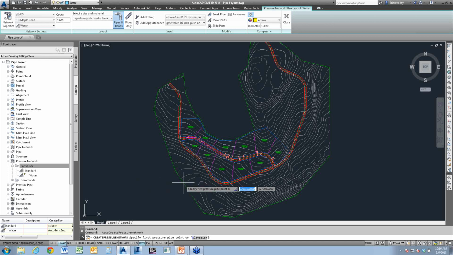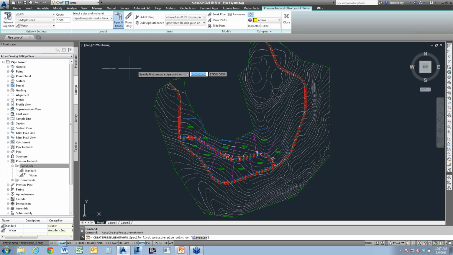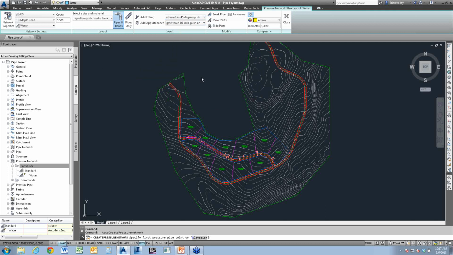This is now incorporated into the ribbon. So up here along the top, we have our ribbon. As I'm laying this out, how much cover do you want on top of the pipe? Colorado, right? We want 5.5 feet, 5 feet, 4.5 feet, whatever value you need to use here. You would just simply put that in. As you're creating the pipes, what size pipe do you want? Well, I want to use 8-inch pipes. And my fittings, I'm going to use an 8-inch 11 1/4 or whatever it is. And also for my appurtenances. So I can set these different values.